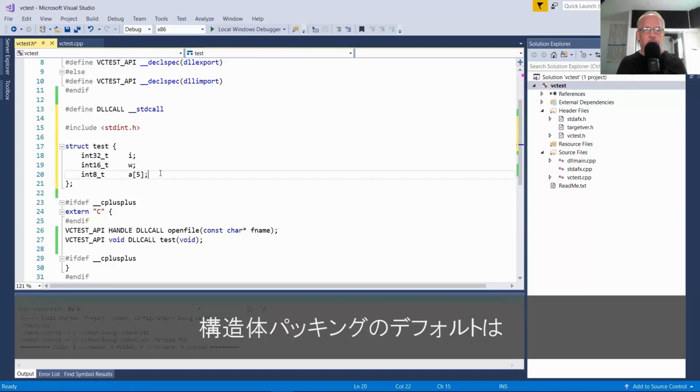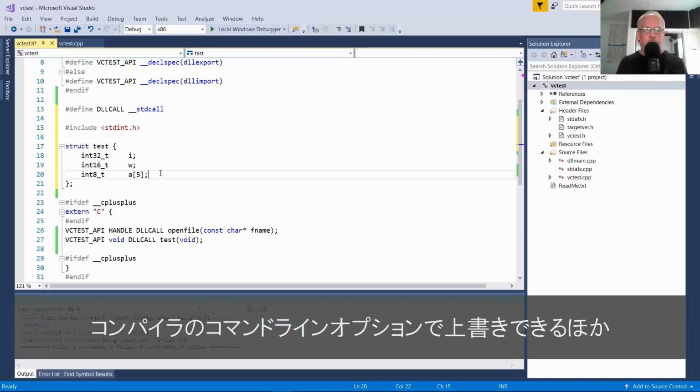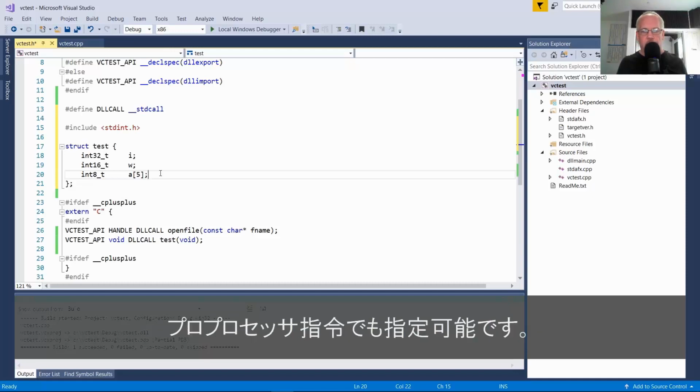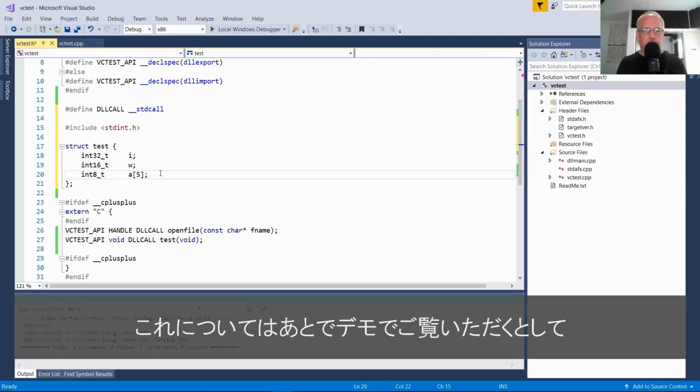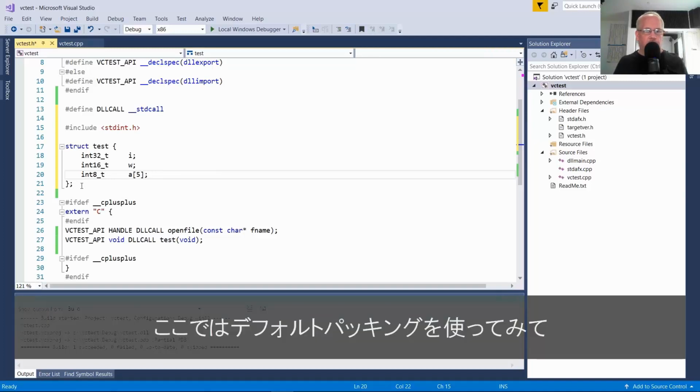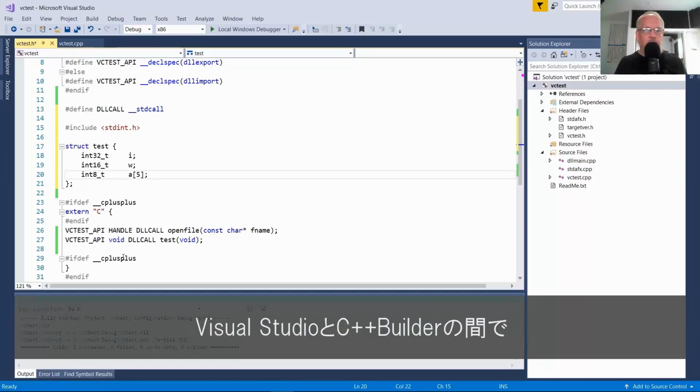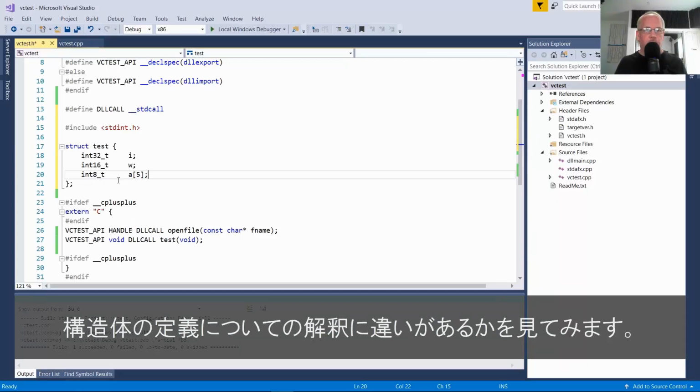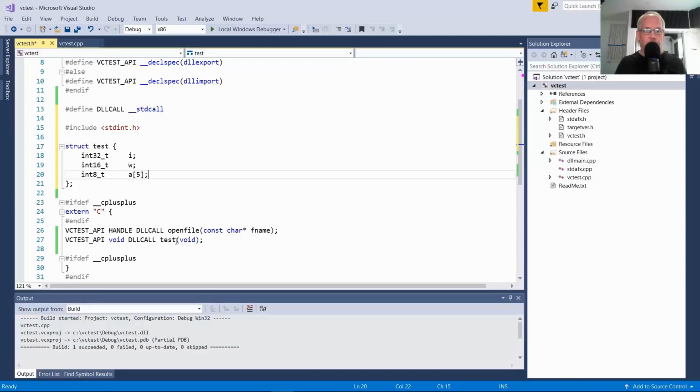The default structure packing can be overridden with command line options to the compiler and also with preprocessor directives. I'll demonstrate those later. For now, we'll stick with the default packing and see what the difference, if there is any, between Visual Studio and C++ Builder with regards to their interpretation of the structure definition.